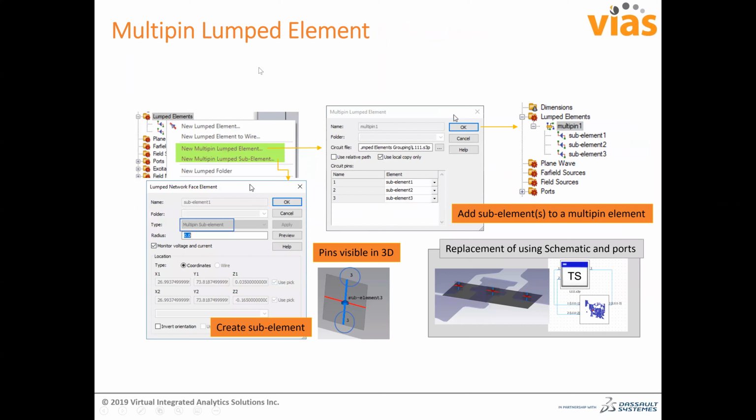Now, the new feature which has been added in CST 2020 is the multi-pin lumped element. Earlier, the lumped element in the 2019 version used to support Touchstone as well as SPICE in 3D. Earlier, Touchstone and SPICE could take only 2 pins, but there can be an environment which will have 3 pins or 4 pins. One can be grounded and 2 can be connected. That type of situation can also be handled with the new multi-pin lumped element, and it replaces the schematic